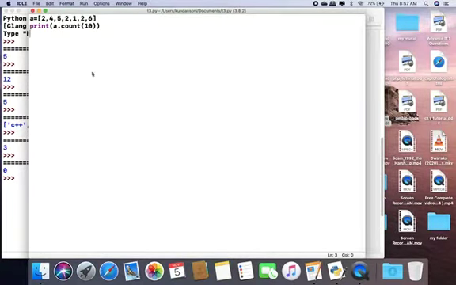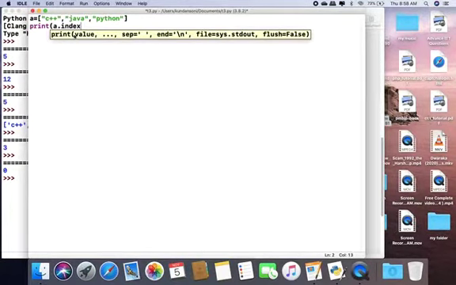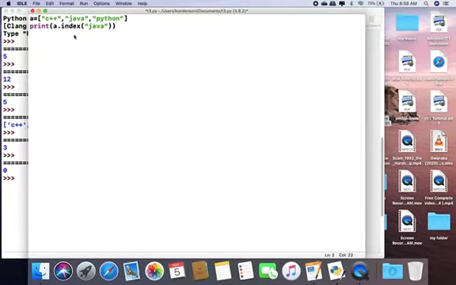Then you can try this. If I write here C++, Java and Python, bracket is closed, and I write print a dot index of Java, now I run the program.